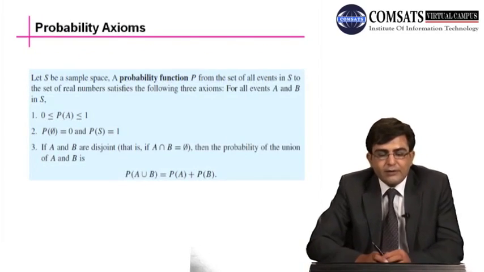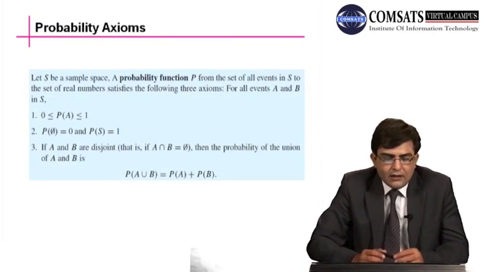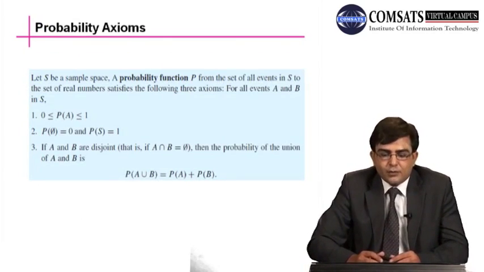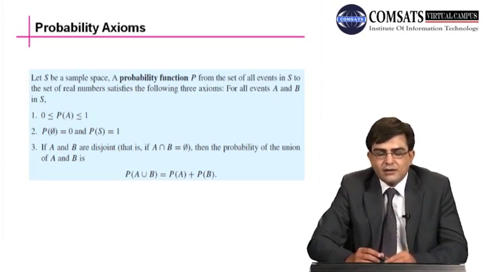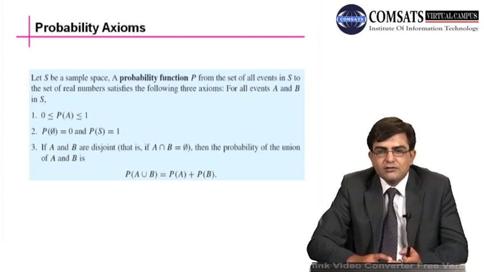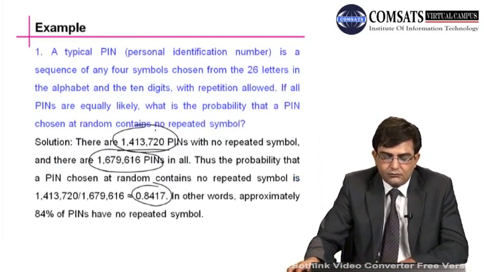Next is probability axioms. Let S be a sample space and P a probability function from the set of all events in S to the set of real numbers, satisfying the following three axioms. For all events A and B in S, the probability of any event must be greater than or equal to 0 and less than or equal to 1, because here